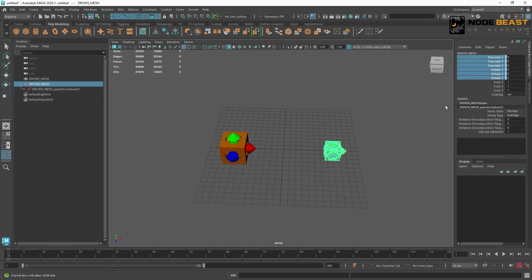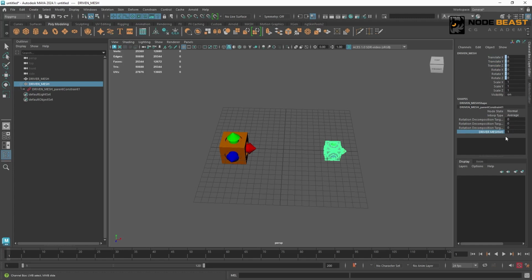We'll also notice that under shapes, we got something new here called parent constraint. So if an object has a constraint on it, it will usually show up under here by default. Here we can see information about this constraint. In our scene's example, it's a parent constraint. And we see some of its attributes. We don't need to worry about these attributes for now. But there's one thing I'd like us to pay close attention to, and that's this last attribute for the weight.